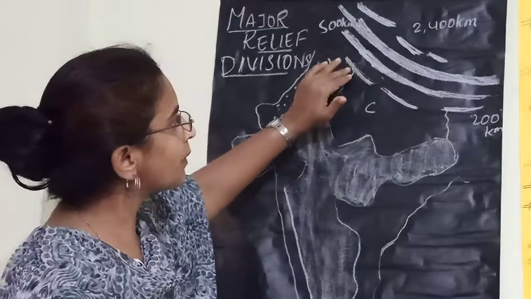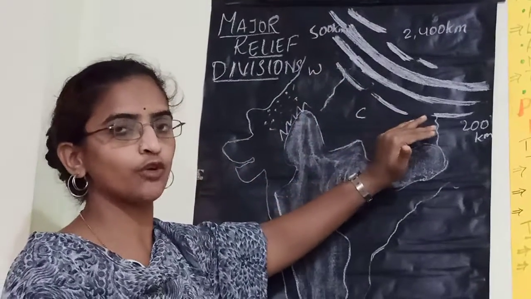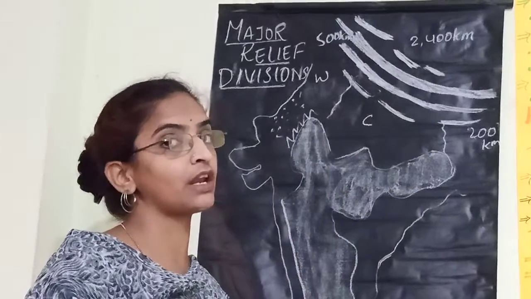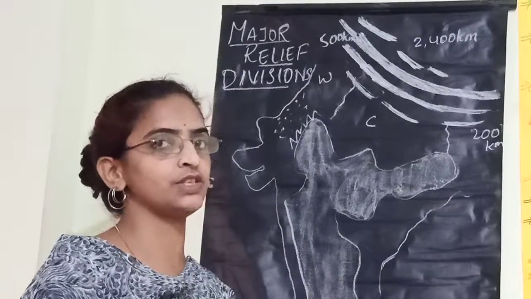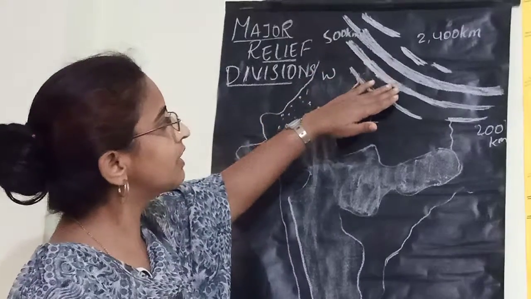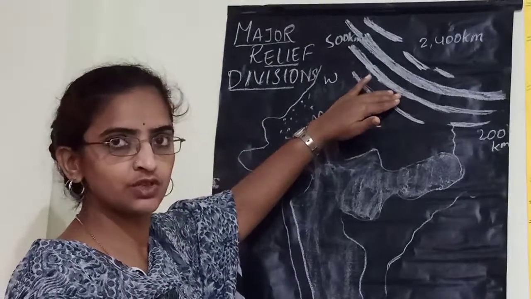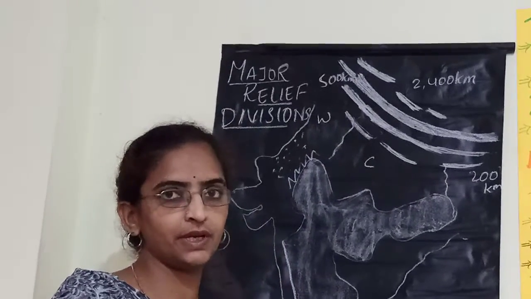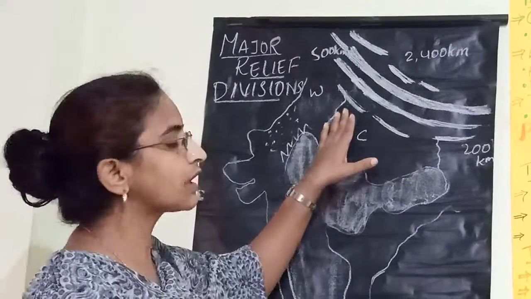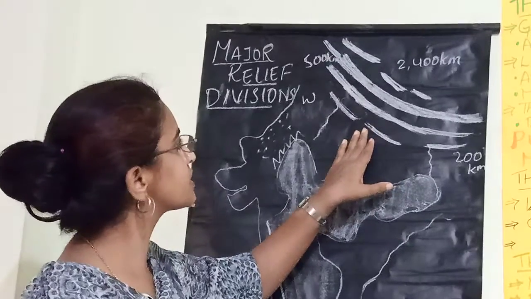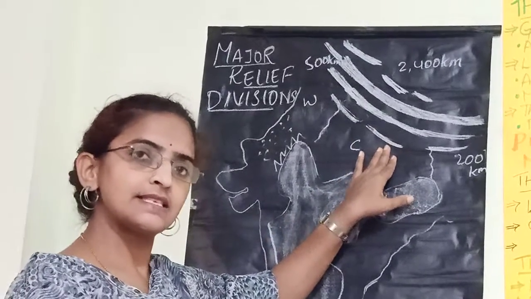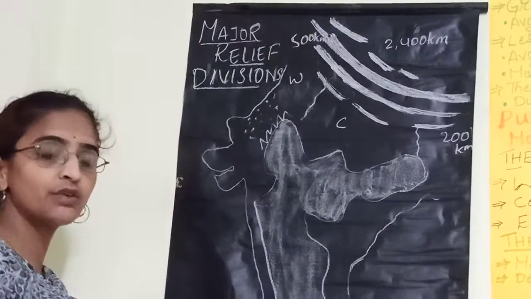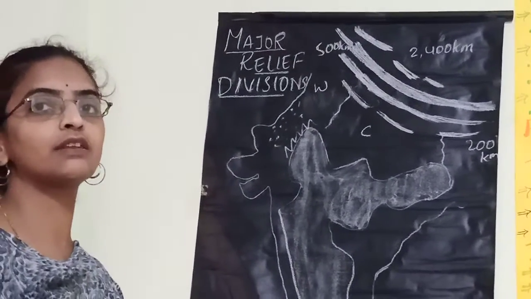Now let us talk about the third range of Himalayas, which are very low in height, and which are again not continuous ranges. Like Himadri and Himachal, they are continuous ranges, whereas Shivaliks are broken down in between. Their height is much lesser compared to the Lesser Himalayas and Greater Himalayas. Especially these Shivalik ranges are very famous for their dunes.